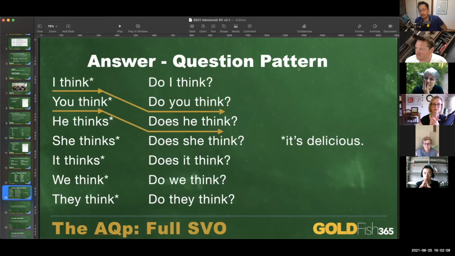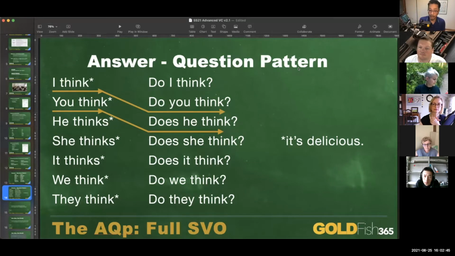The answer question pattern can be extended, and then you start doing this with the more difficult regular verbs. The irregular verbs like be or should, dead simple, right? I should, you should, he should. There are no changes at all. But when you've got something like think, which needs the auxiliary verb do, these kids go from knowing what this is on paper, having seen this through, I don't know how many TOEIC tests, to suddenly not only having to do this very quickly, but having to do this sometimes without being able to look at the blackboard.